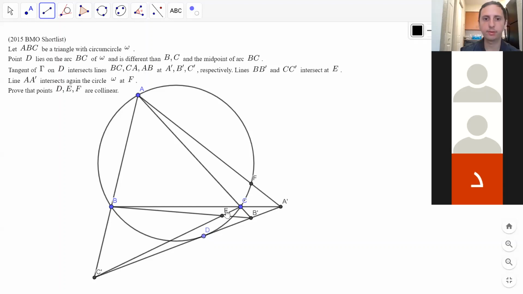What if we consider the degenerate triangle DEF? So it's almost like, or what if we,